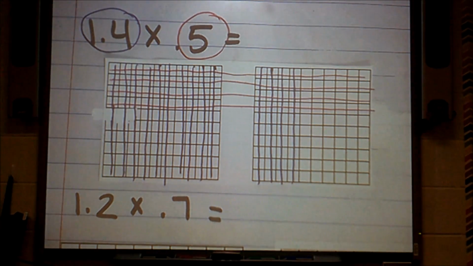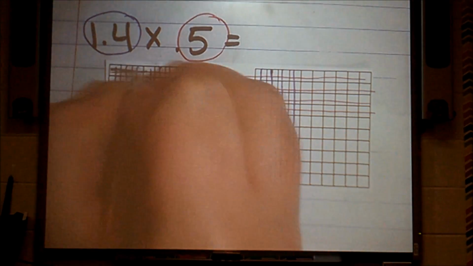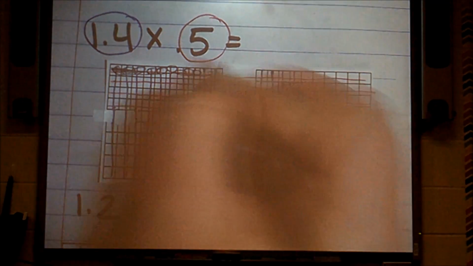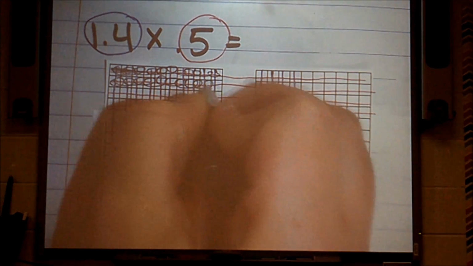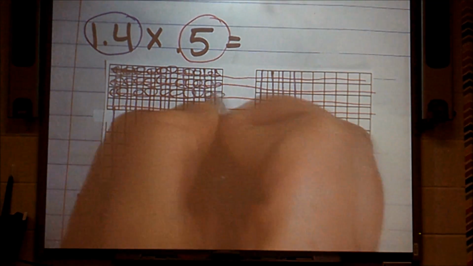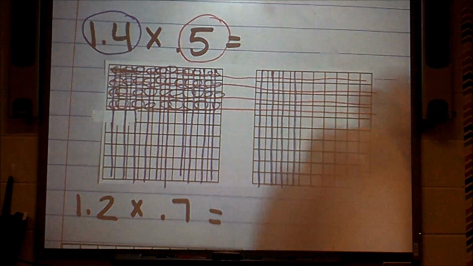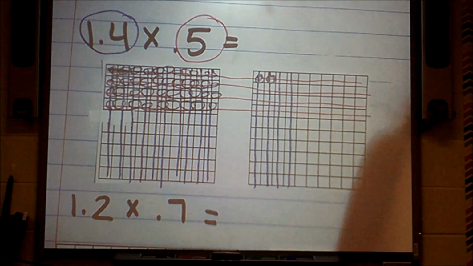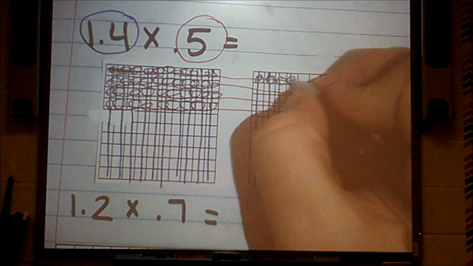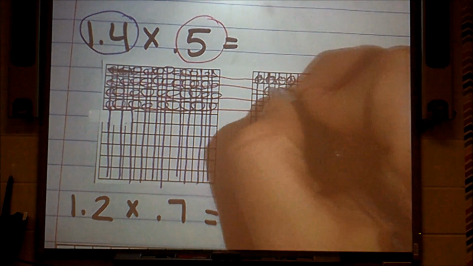Now just as I did on my previous problem, I'm going to count the number of squares in my grid that are shaded in with both red and blue. Now I know this whole line is 10, so I'm just going to count these by 10. 10, 20, 30, 40, 41, 42, 43, 44, 45, 46,